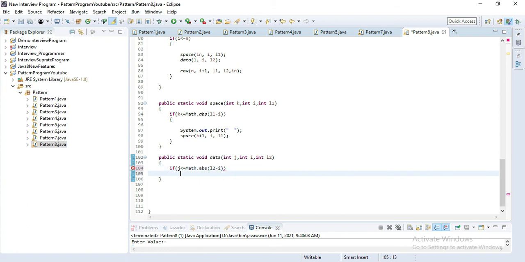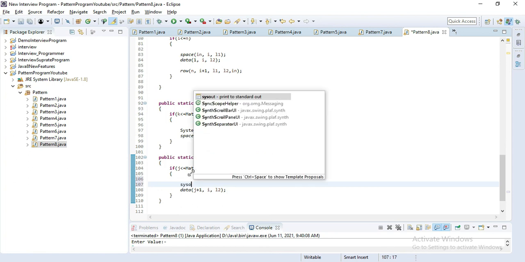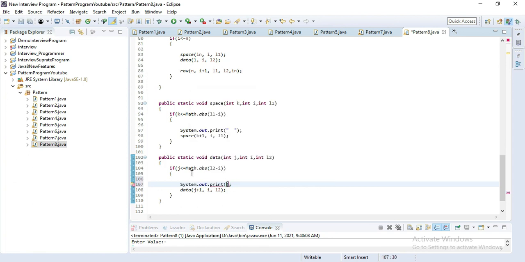If this condition is satisfied, then the method calls itself, and this j value should be incremented. That's why I'll define j plus 1. Save this. This method is responsible for printing space, so remove this ln, and add 1 space and 3 spaces, 1 star and 3 spaces.